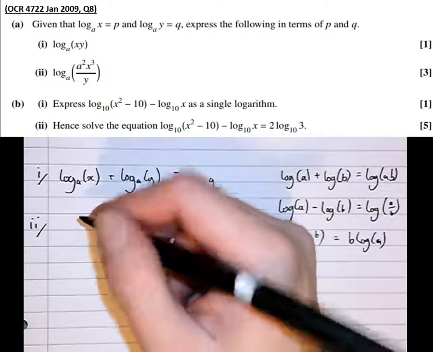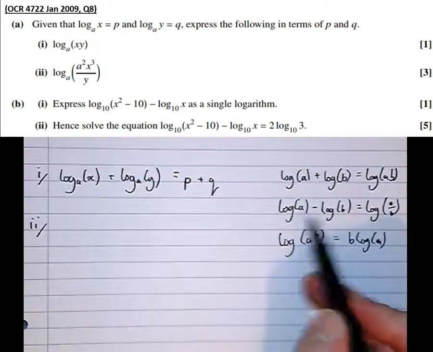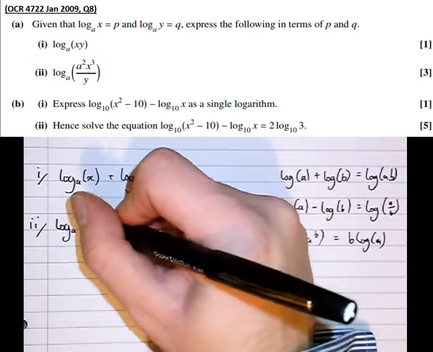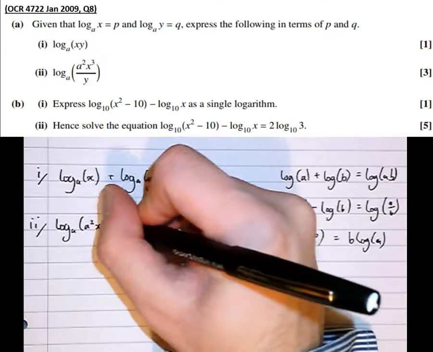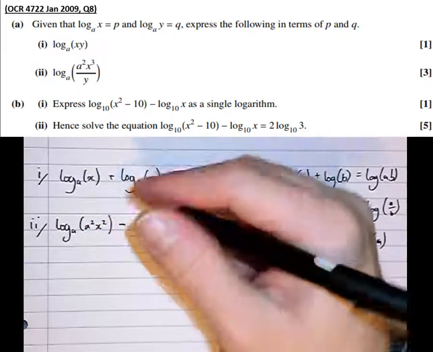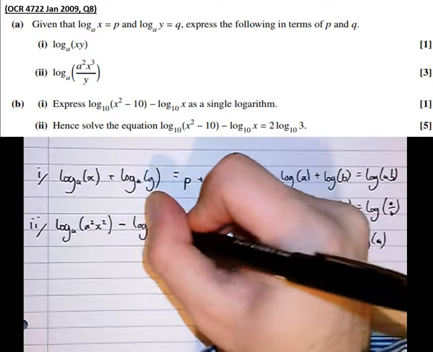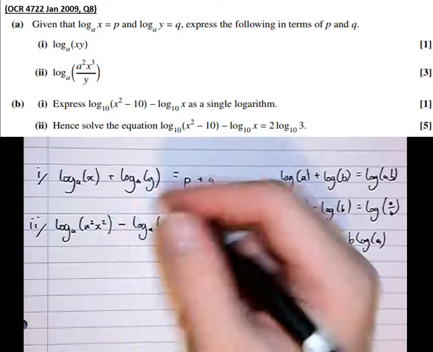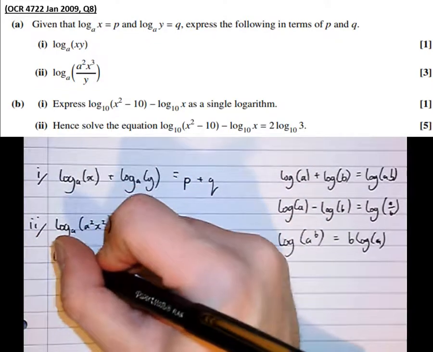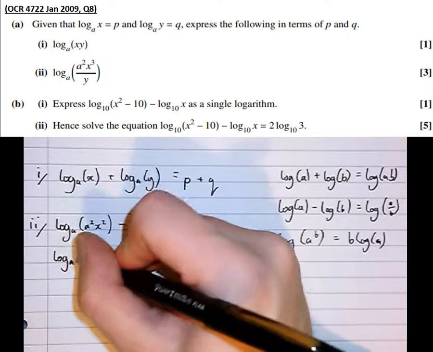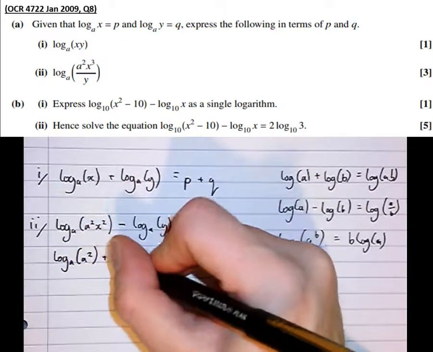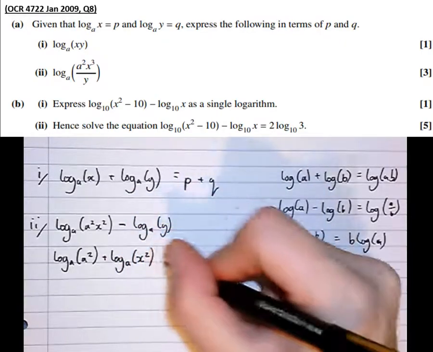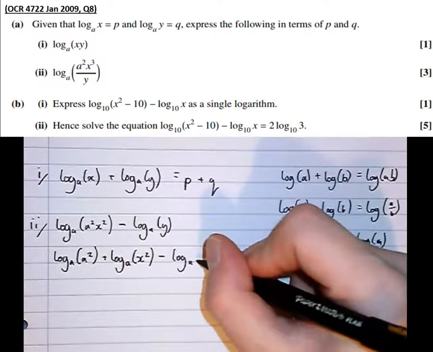Okay, so splitting this up now, we can see there's a division there, so we can use the subtraction rule on this. So the numerator, log to the base a of a squared x squared, take log to the base a of y. Splitting this up further using the addition rule, log to the base a of a squared plus log to the base a of x squared minus log to the base a of y,